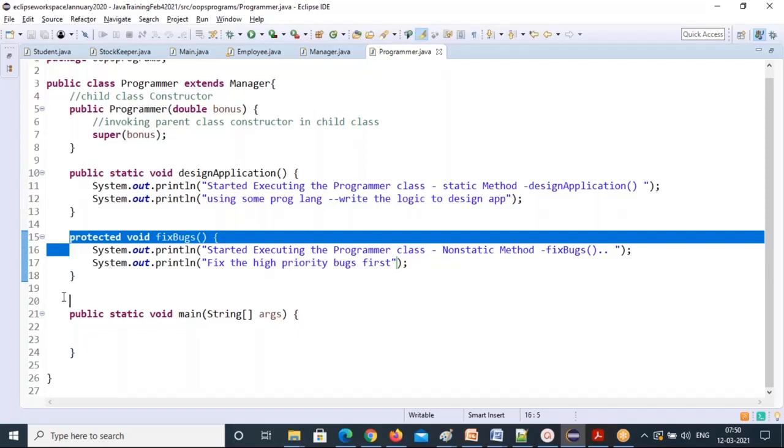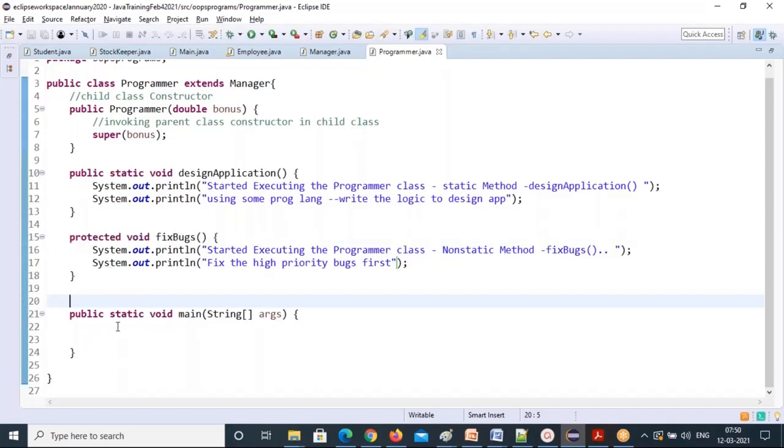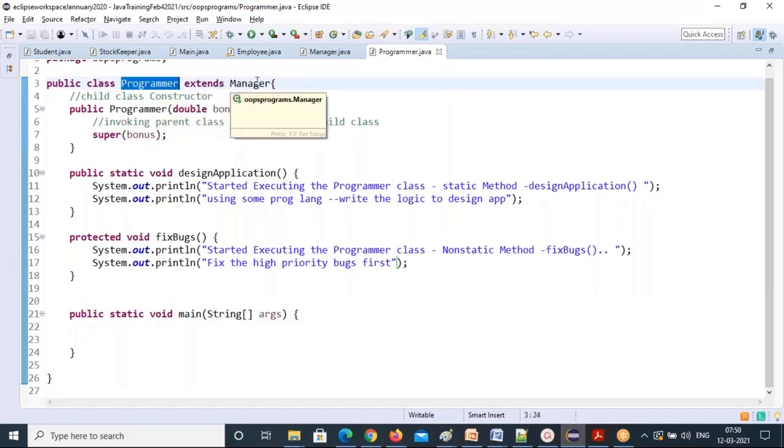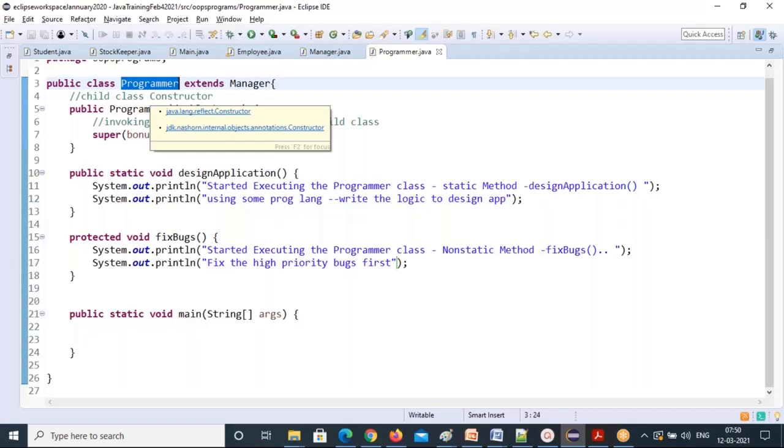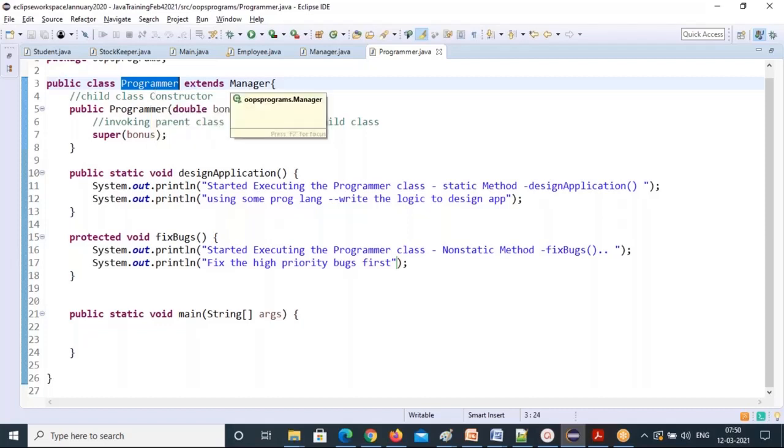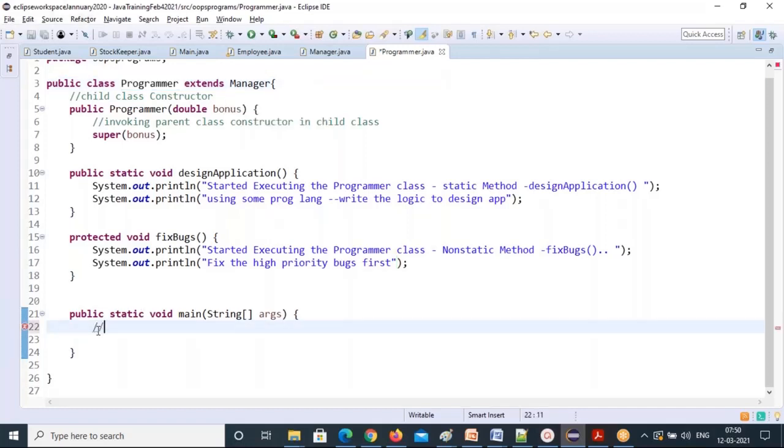Okay, now we need to call. See that this programmer is the child of manager. Manager is the child of employee. So now the programmer can access manager class methods and employee class methods also. Different levels he is accessing. Now all static methods you can call directly. So let's see that. Call static